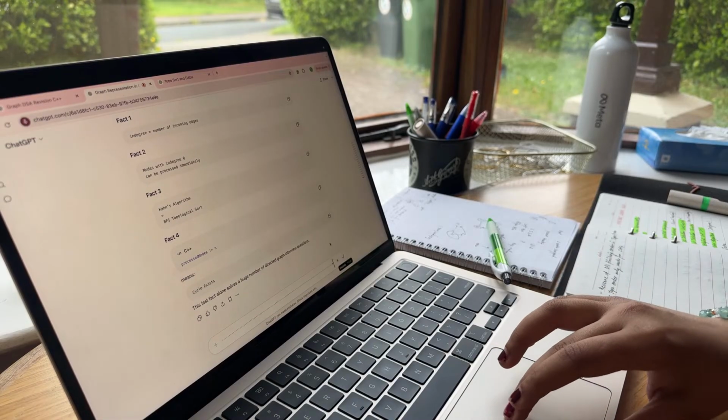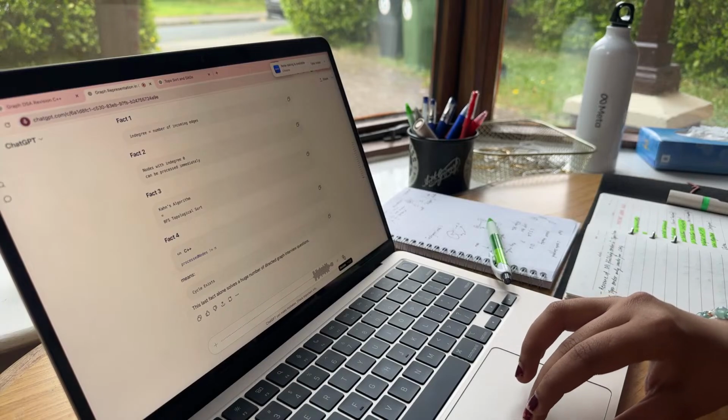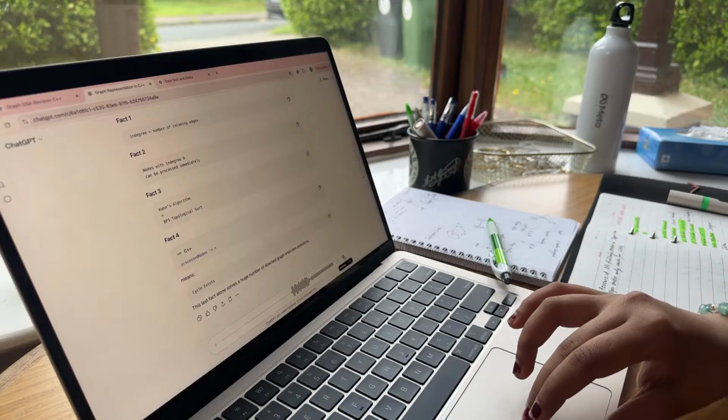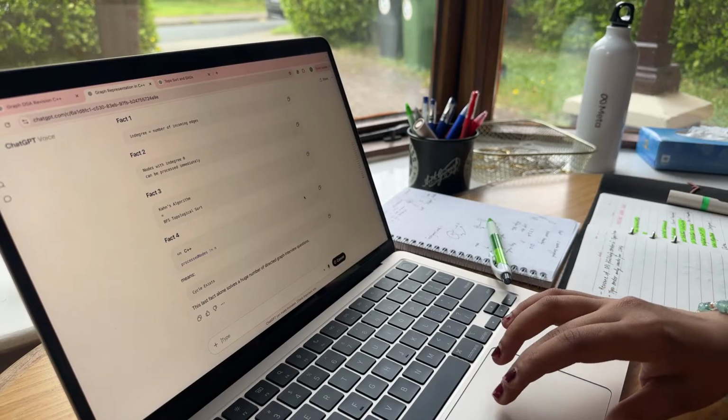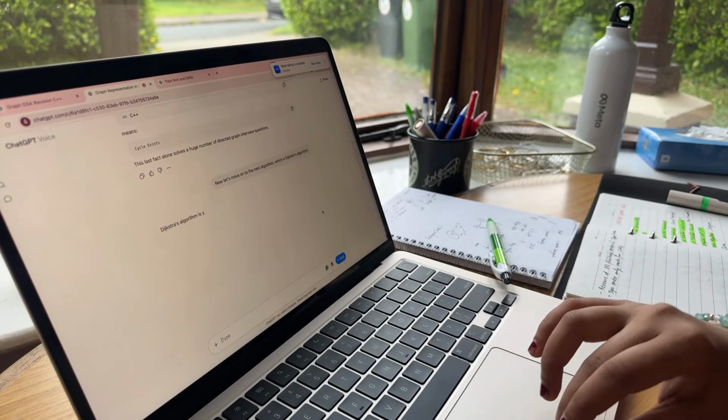Okay, now move on to the next algorithm, which is Dijkstra's algorithm. Dijkstra's algorithm is your go-to method for